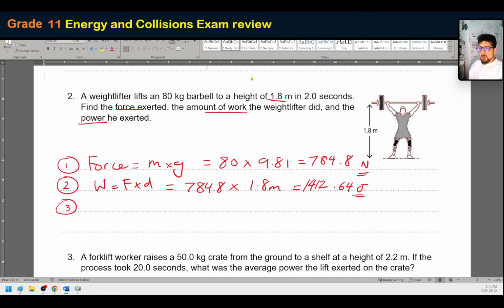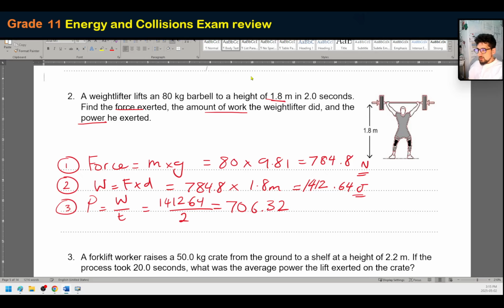Finally, we need to work out the power, and power is equivalent to work over time. So we've worked out the work, so that's 1412.64, and we know the time, 2 seconds. That's how long it took them to actually lift that. So it's going to be that divided by 2, and we're back to